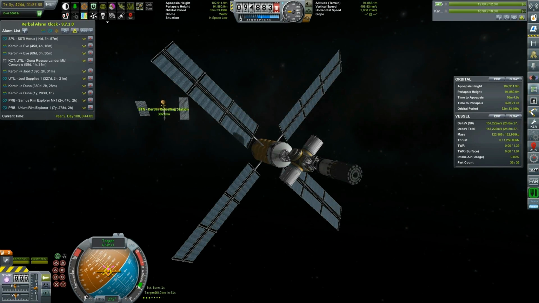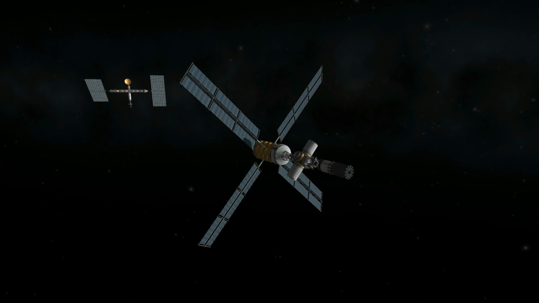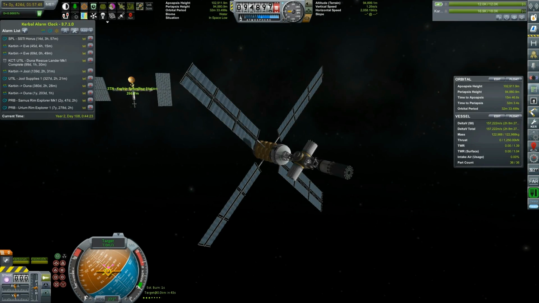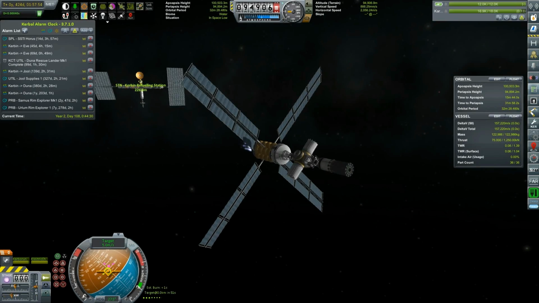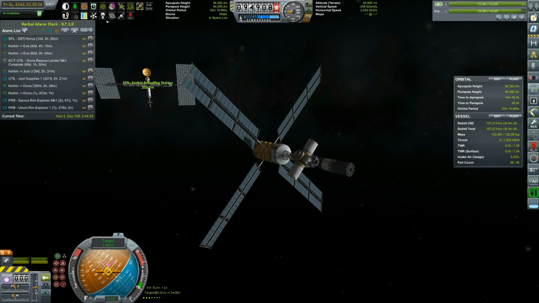Killing off relative target velocity. When I stop, I want the target velocity to be roughly 0, so that we don't wander off. And one more screenshot opportunity, because, come on guys, this is just beautiful. 2 meters per second, 1 meter per second. And we are 200 meters out, so I think